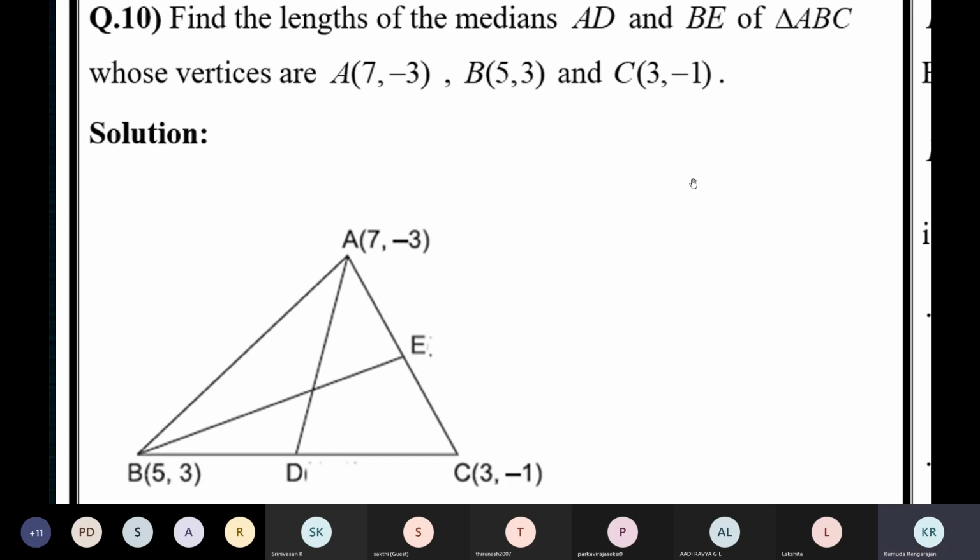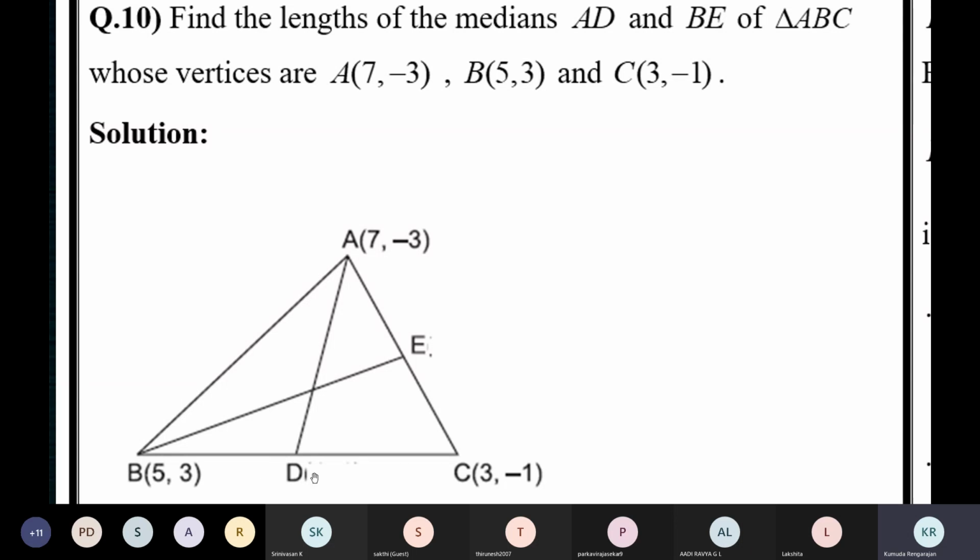You use the distance formula to find the length of a line segment. Here you need to find AD, and for that you need to know the coordinates of its endpoints, A and D. We know the coordinates of A, but we don't know those of D. How can you find this? D is the midpoint of BC, so use the midpoint formula to find D.